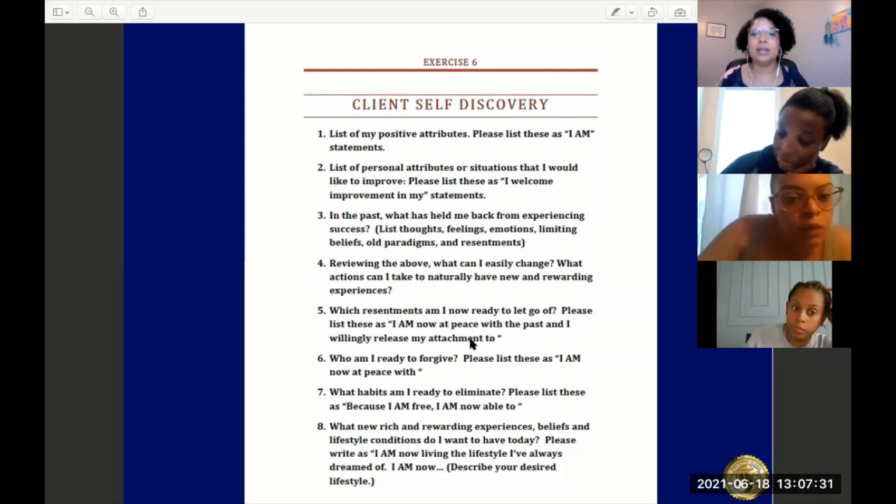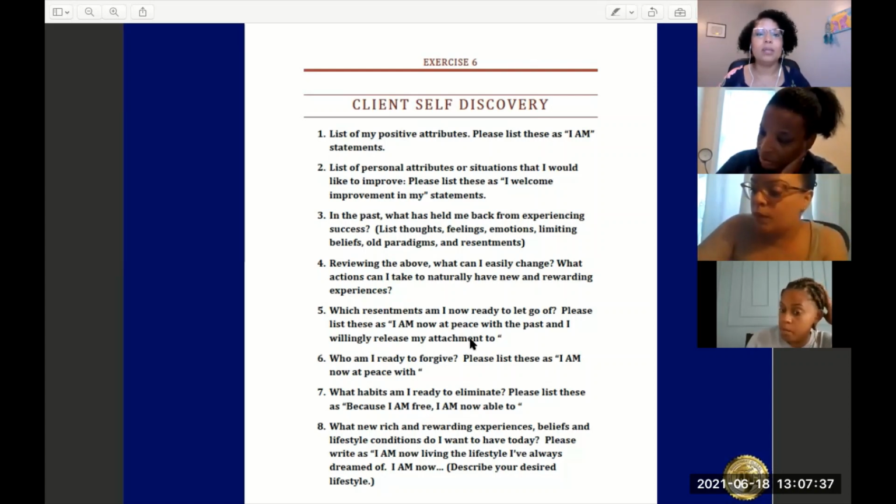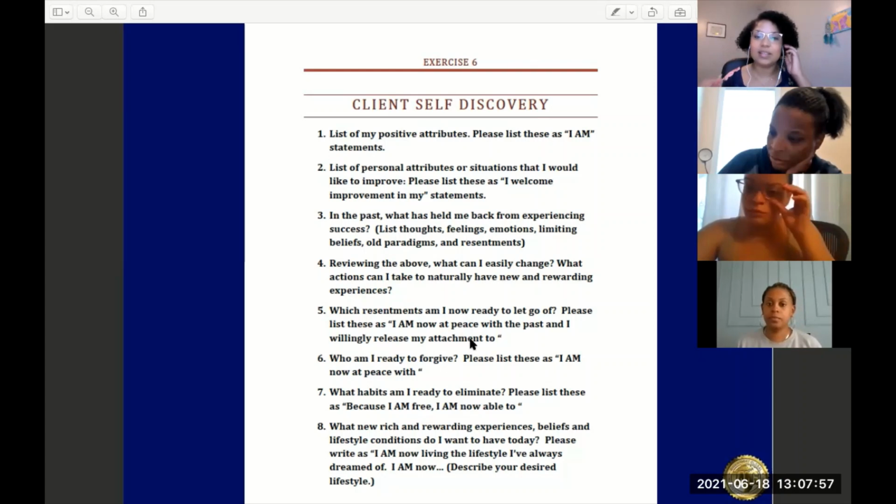And writing these in, I welcome improvement in my, like for me, I welcome improvement in my self-care and taking better care of myself. Like I was very inspired by Alyssa telling me she has a trainer. I've been really thinking about getting myself a trainer. After now my baby's 4 months, I feel like, okay, I can do this.